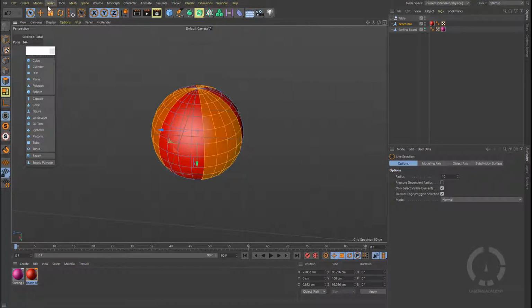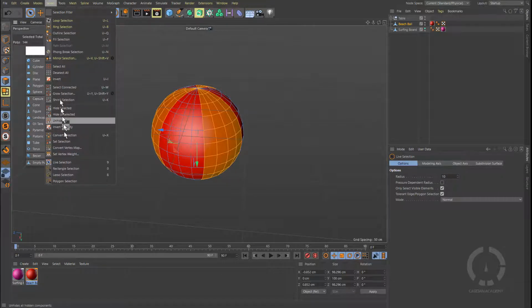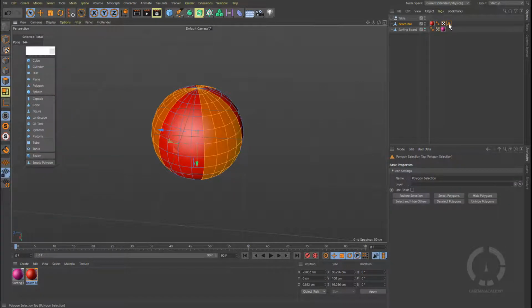So now what I can do is go to select in this menu, and I can click on this option called set selection. So I'm going to create another tag, and now you can see that I have a tag in here where I can see polygon selection tag, polygon selection. So I have that. And now this is really cool because I can give it a name. Let me just give it a name. I'm going to call it selection